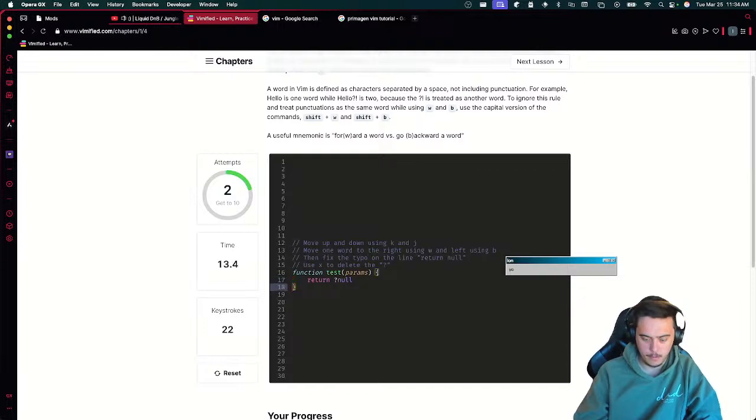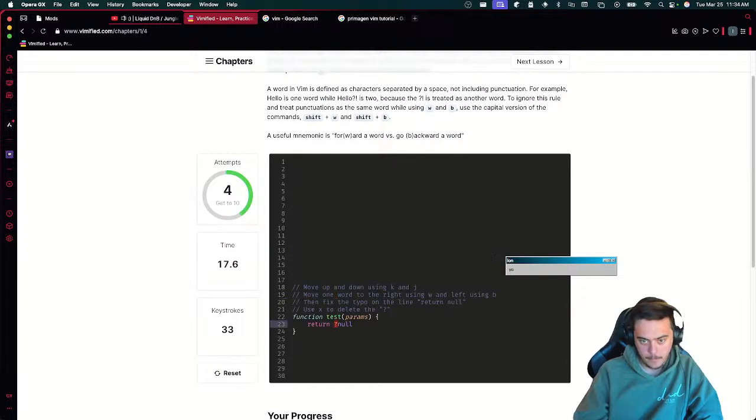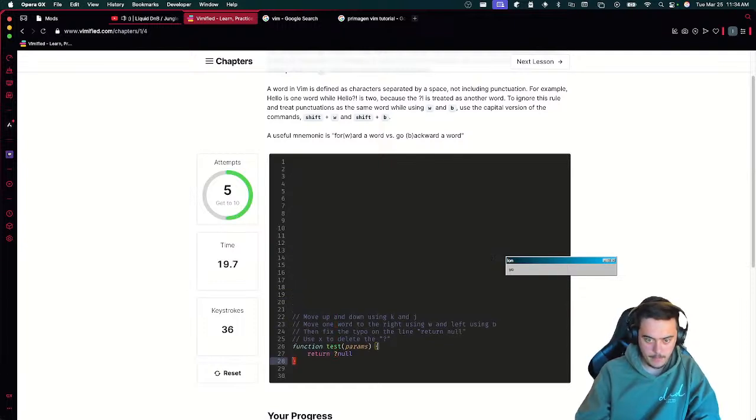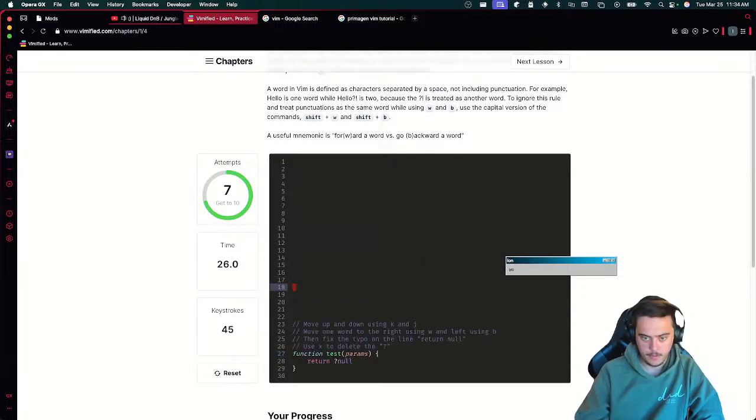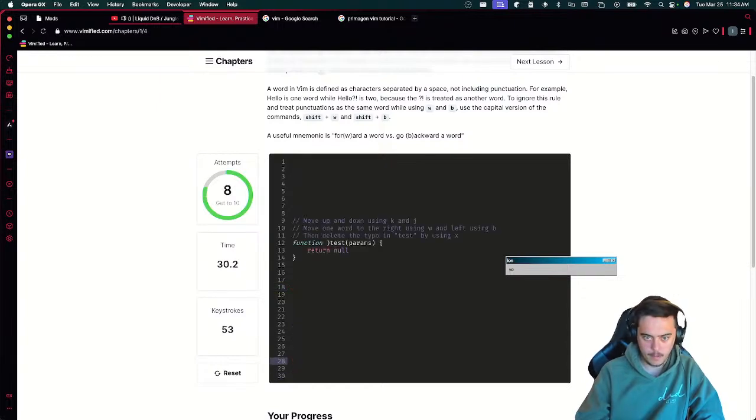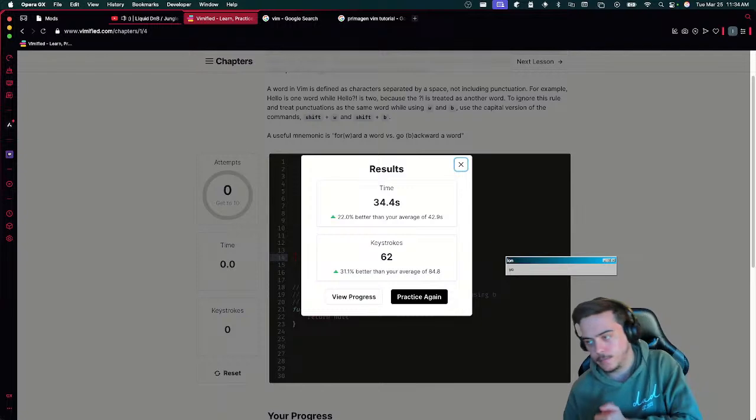Let's do 4W. Oh shit. Okay. Let's do 2W. Bam, bam, bam. Let's do 5 down, up, bam. Okay. Let's do 10 up, down. 5WX. Let's do 10 down. Let's do 15 up, up, bam, bam, bam. All right, cool. And we still beat the highest score. Let's check the progress on that.